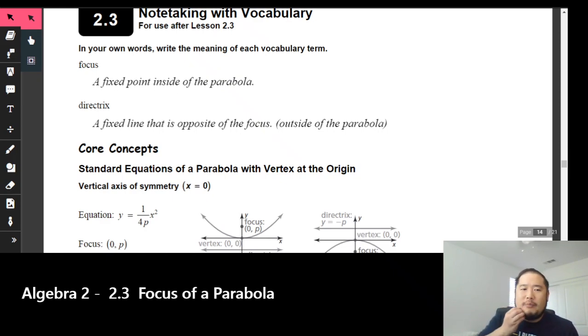And directly opposite of the focus will be the directrix, which is a fixed line that is opposite of the focus, and that will be outside of the parabola itself. It's not going to intersect it. It's not going to intersect it ever. So it's going to be underneath or above or to the side, depending on which way the parabola happens to go. So if we take a look right here,